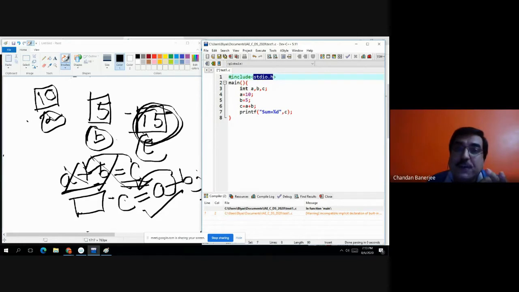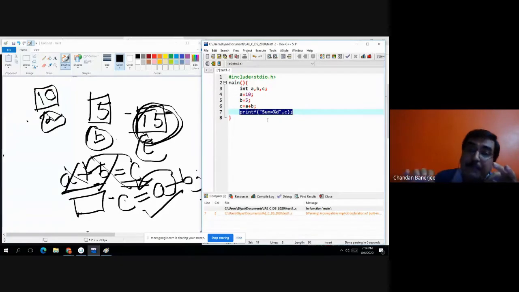We are including that file in our program. What are the standard input output functions? Like printf. Through printf, we can print any statement on our monitor, on our screen. So printf is an output statement.